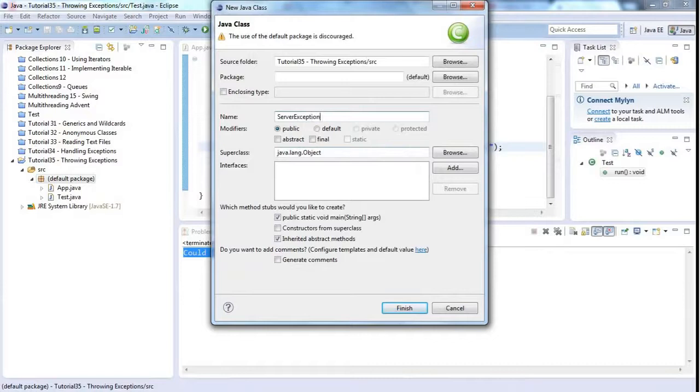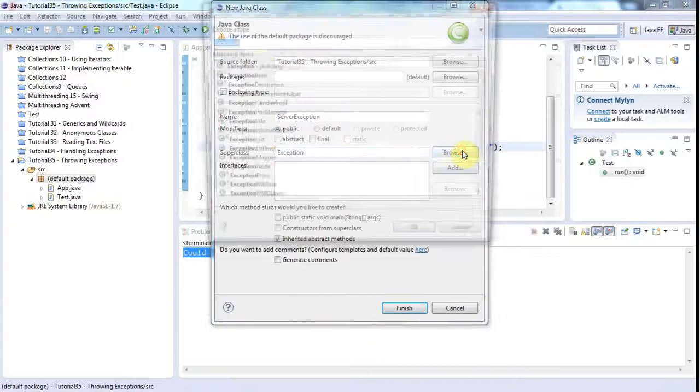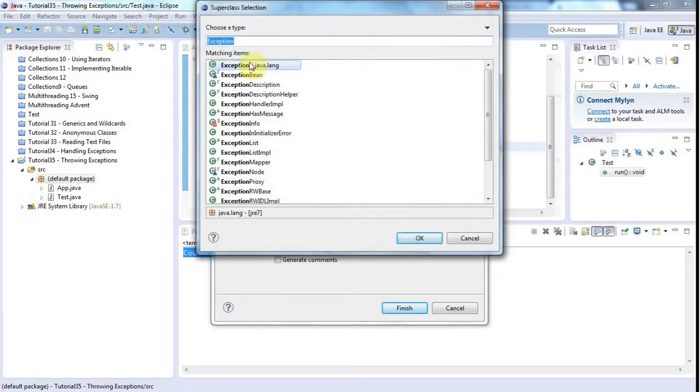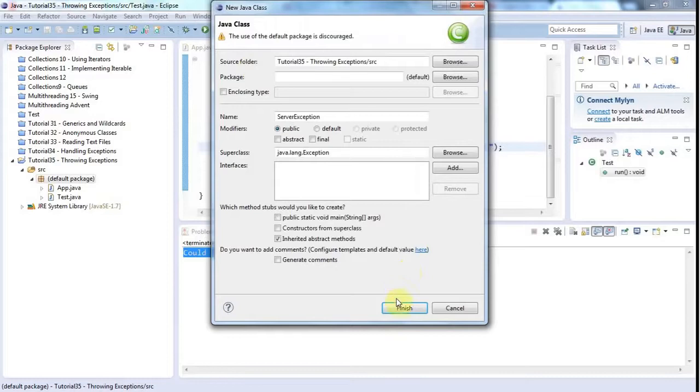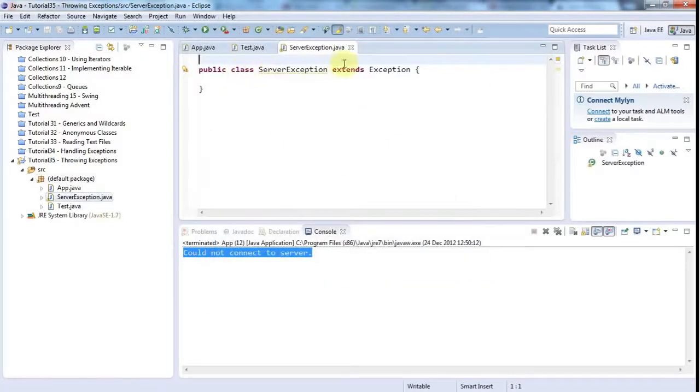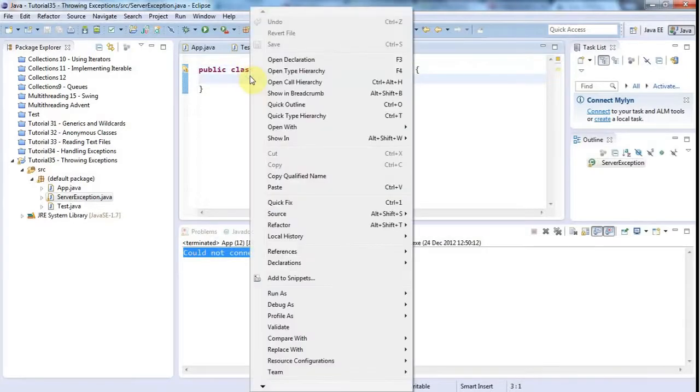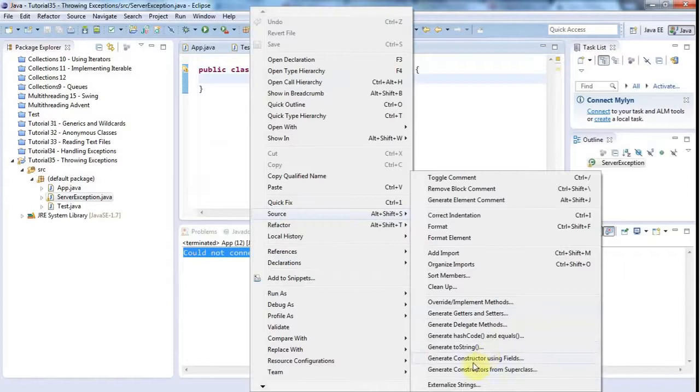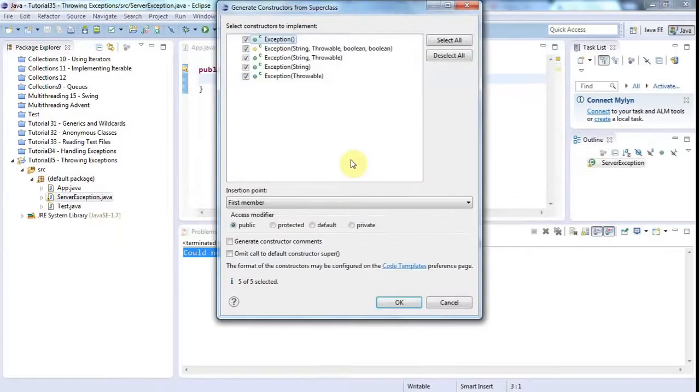I don't think there's already a ServerException, and I don't want a main method, and I want this to extend Exception. So I'll type here for the superclass Exception, I'll click browse, and I'll browse to java.lang.Exception and click finish. So we've got a class ServerException which extends Exception, and I'll also give it a constructor. So I'll right click and go to source and generate constructors from superclass, and I'll just use the constructor. I'll say deselect all, and then I'll select just the one that takes a string as its sole